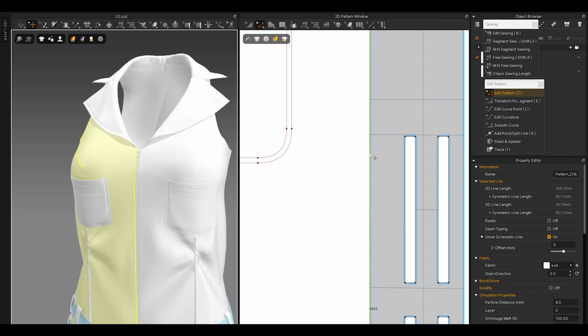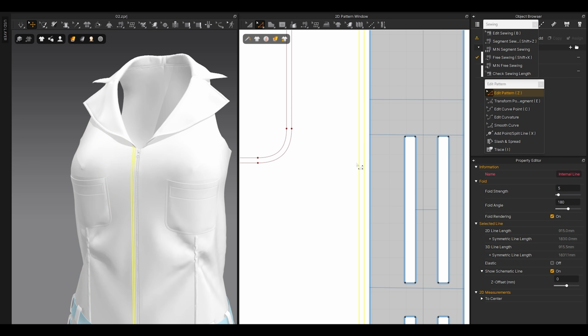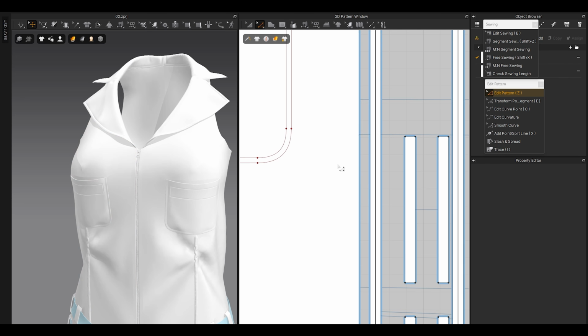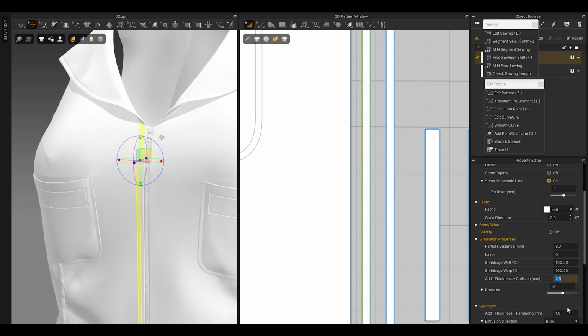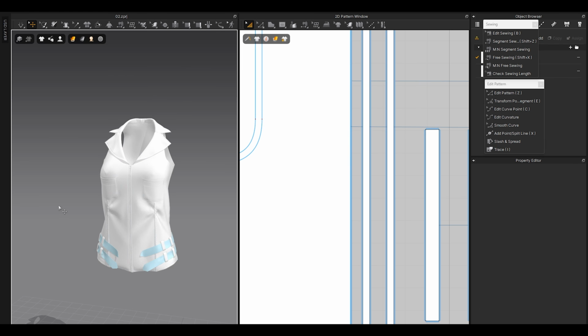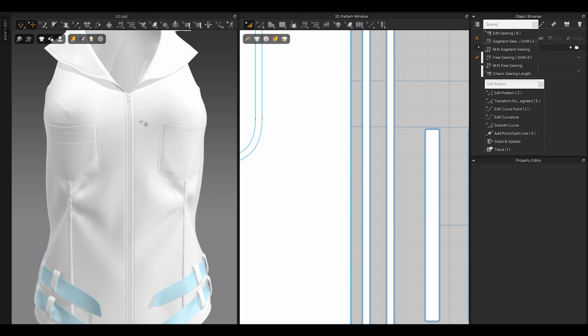So I'm going to right click and internal line. I don't want 5. I want 3. Yeah. Then right click, condenser. Let's arrange that. Select this one, and set rendering thickness to 0. So we have a little bit of detail, and I love this. This makes